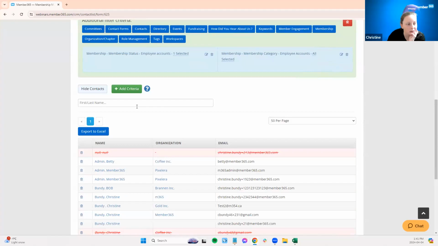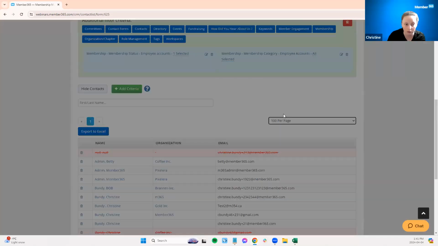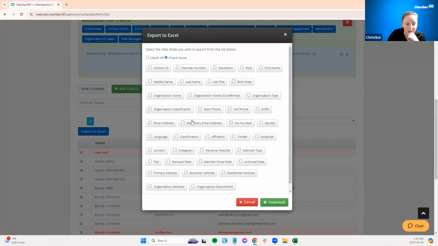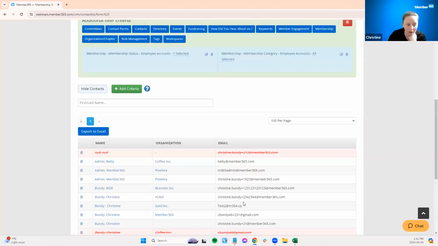Once we're down here, a couple things that I want to point out: you can search by people's names. So if you want to see somebody specific, or look to see if someone is in the list, you can. You can also filter by larger numbers if you have multiples, and you can export the list. You can click this and then select the criteria that you want to be in a report externally, and then use that for your own purposes,